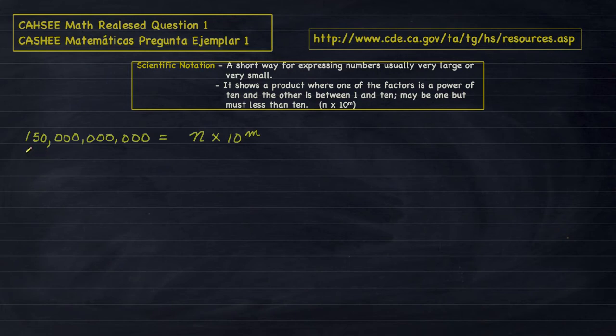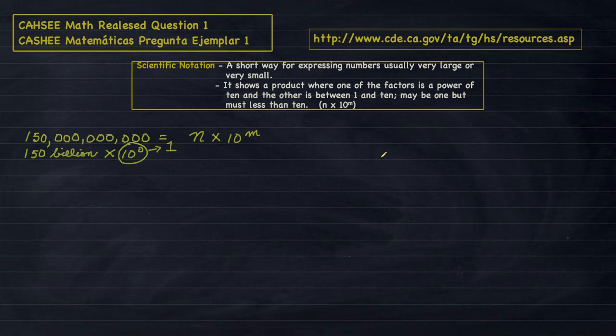Okay, so you know what I could do is write the number 150 billion, and let me just write the word billion instead of all those zeros. 150 billion, and multiply that times 10 to the 0 power. Does that look like scientific notation? Well, it sort of does. And is it equal to 150 billion when I multiply those 2 together? Yes, that's because 10 to the 0 power is really just a 1. This is equal to a 1 whole.